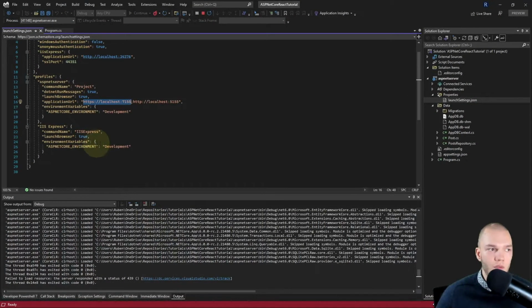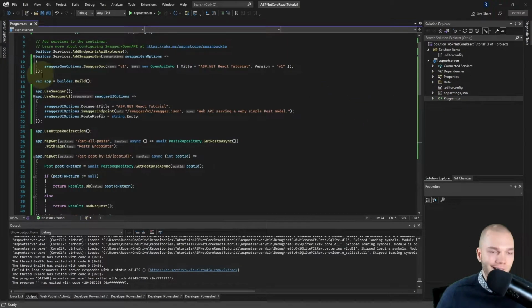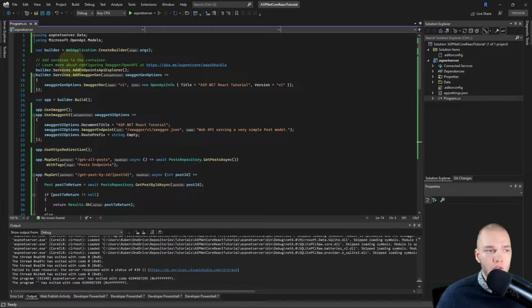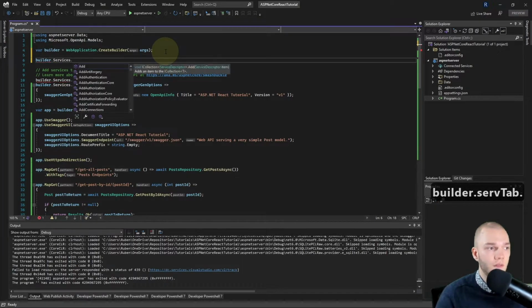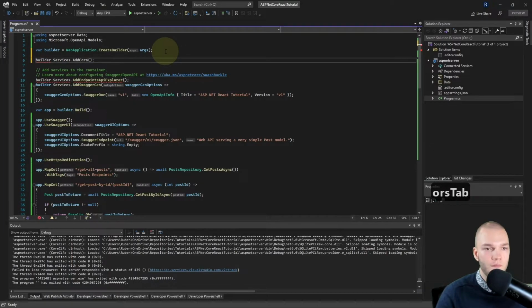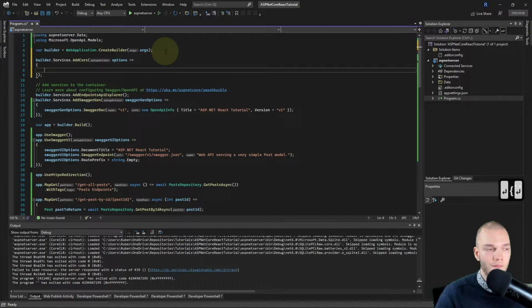So back in Visual Studio, I'll just stop it from running. Then I'll open Program.cs, and this is where we want to set up our CORS policy. So below var builder, I'll add it. So I'm gonna do builder.Services.AddCors, right? And we're gonna use an anonymous function here. I'm gonna do options and an arrow. On the next line, I'll do curly braces, and let's run something. So we will run